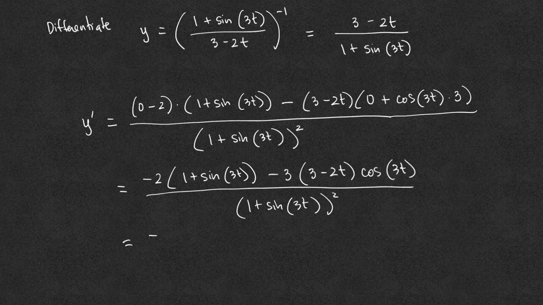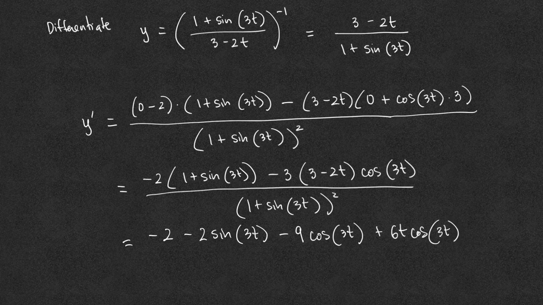Negative 2 times 1 is negative 2. Negative 2 times sine of 3t is minus 2 sine of 3t. Minus 3 times 3 is minus 9 cosine of 3t. Minus 3 times negative 2t is plus 6t cosine of 3t, over 1 plus sine of 3t, the whole quantity